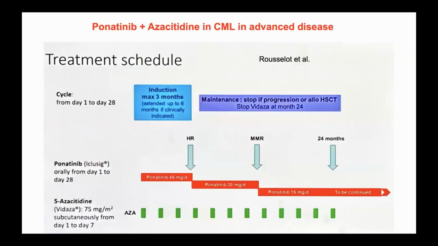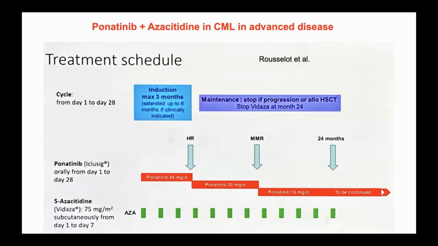My last abstract was presented by Dr. Rousselot from Versailles, and that's a phase 1 study also on Ponatinib, but now in advanced disease. That means late chronic phase, accelerated phase, and blast crisis. Ponatinib was here combined with azacytidine as an epigenetic active drug